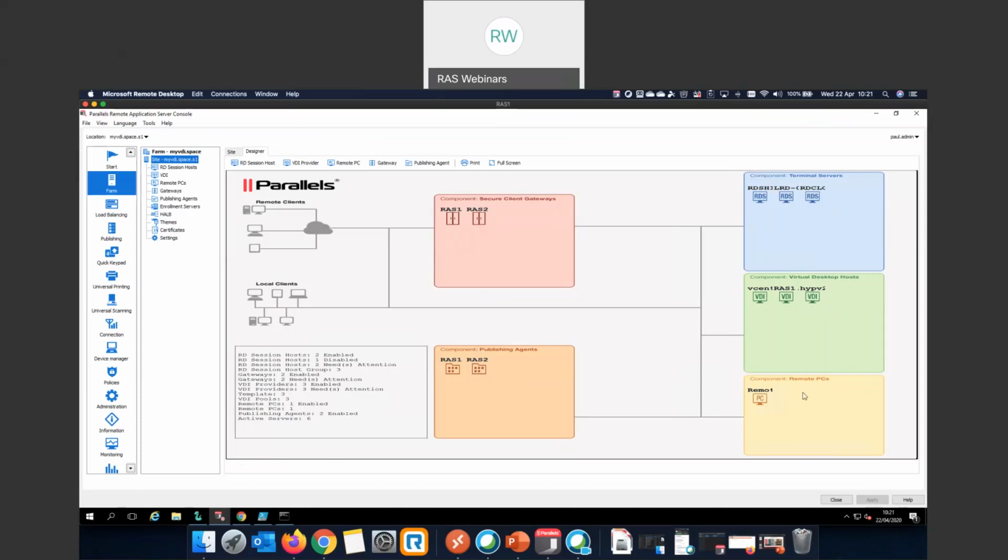And then finally, we have remote PCs. Traditionally, a lot of education would use these to enable the labs to be accessed remotely and out of hours, to give more access to the high-powered PCs that they have in the labs within universities, etc. But obviously, with the current situation and with COVID-19, we've seen that remote PCs have become very popular,